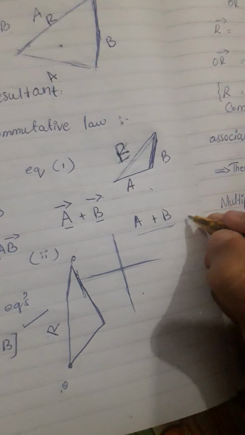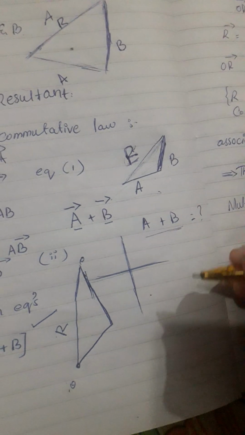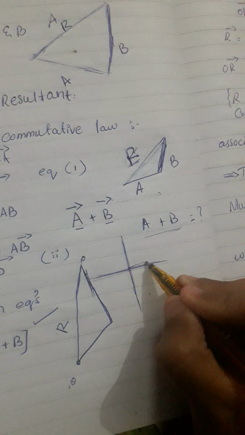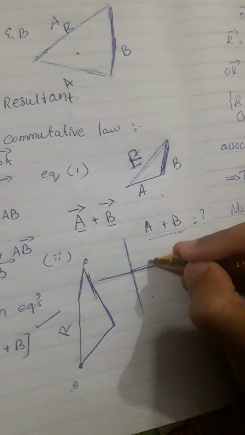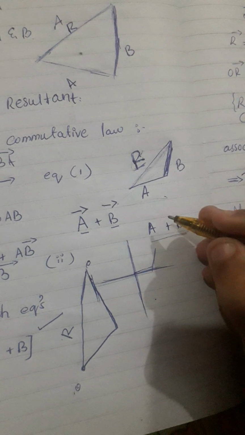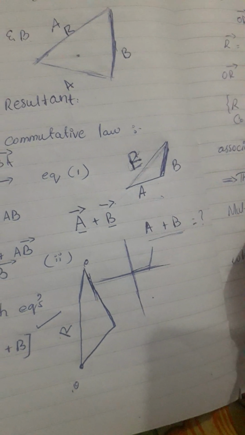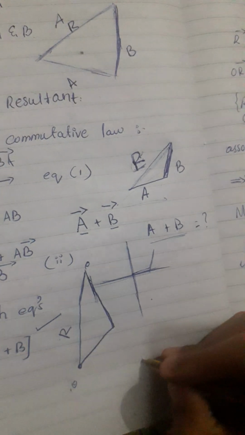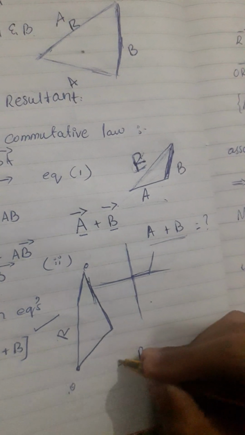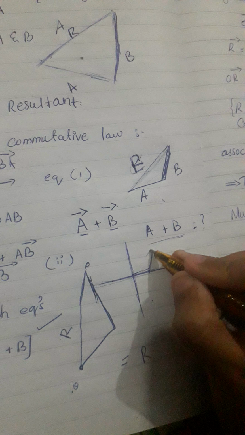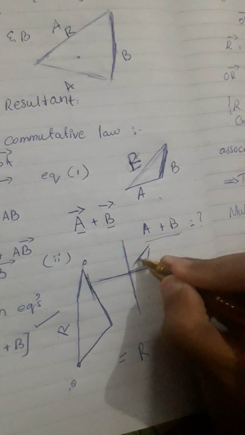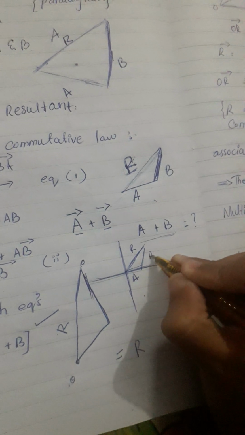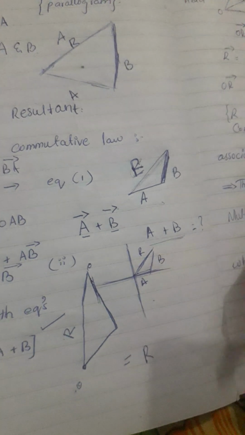If I ask you to make a triangular shape in this graph while adding point A and B, you simply draw point A right here, then point B right here. What about point C? You will of course ask me how to add point C. Our point C will always stand out to be a resultant. So adding up three points, the third point will be a resultant: point A, point B, and point C, that is our resultant.